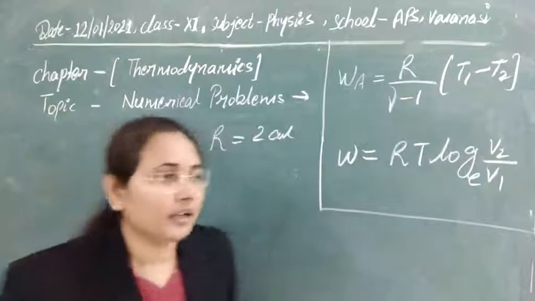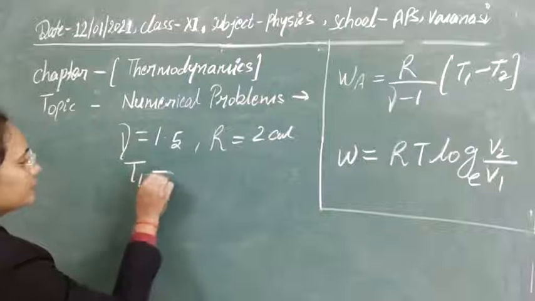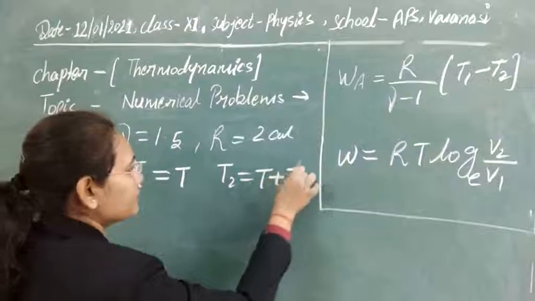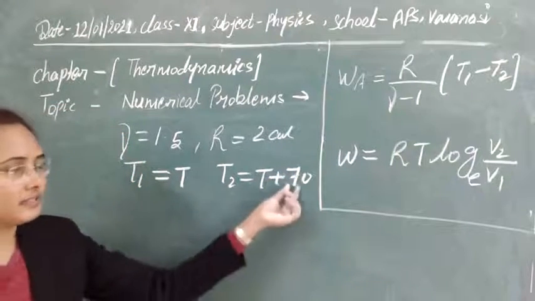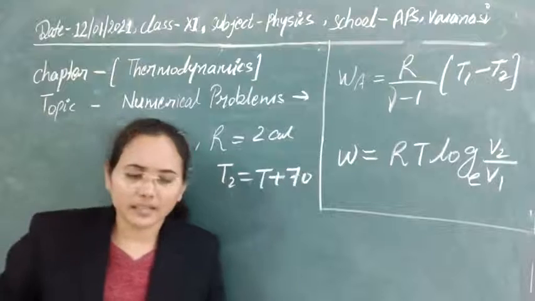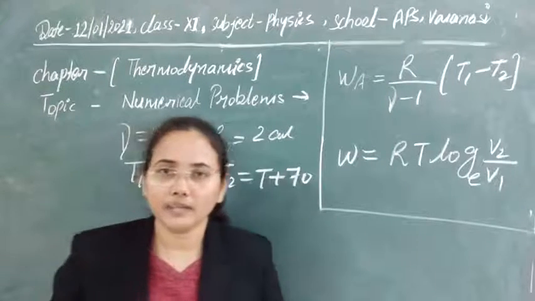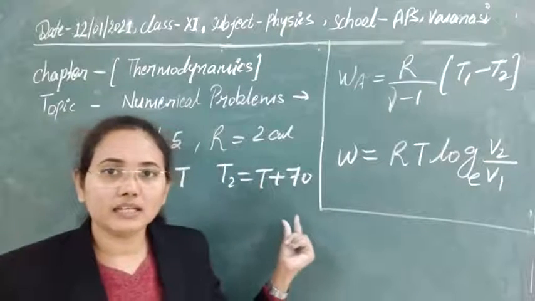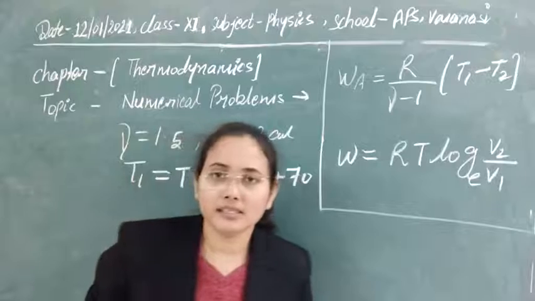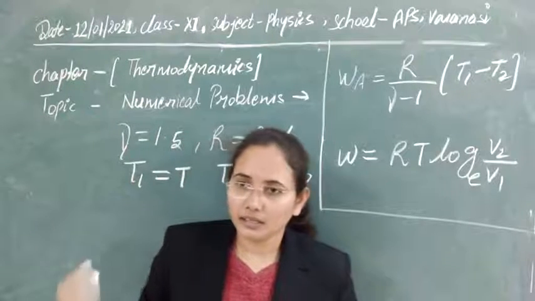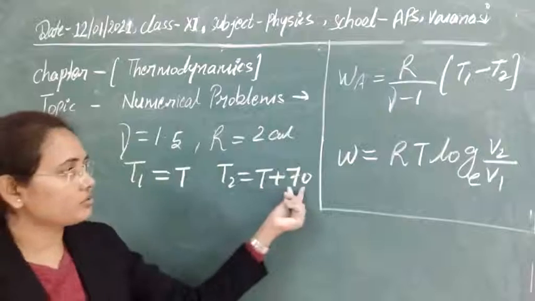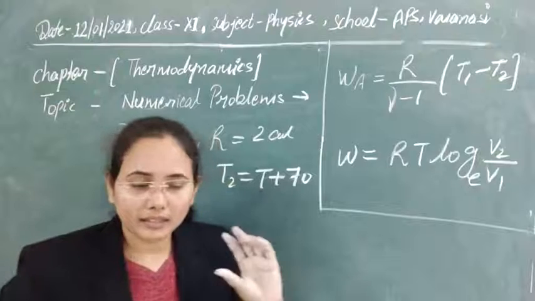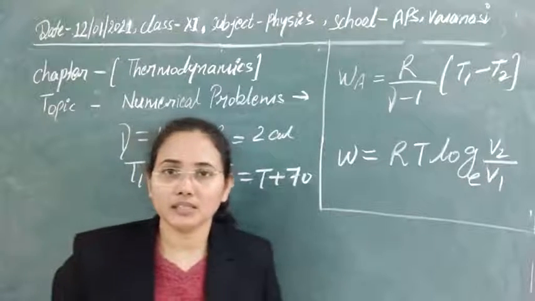Suppose the initial temperature is T, then the final temperature will be T plus 70. Here the temperature is rising by 70 degrees, and the change in temperature on both scales will be the same. If you are taking the initial temperature in degrees Celsius, then the change in temperature will also be in degrees Celsius, but if you take it in Kelvin, then obviously the change will also be 70 on the Kelvin scale,